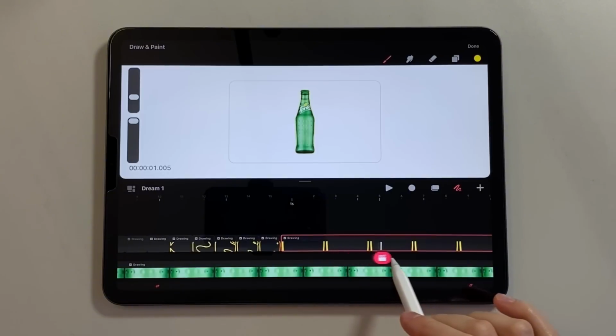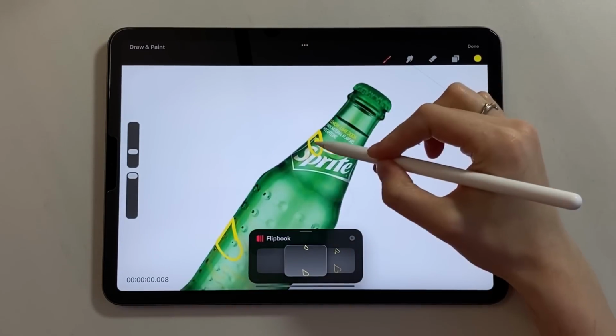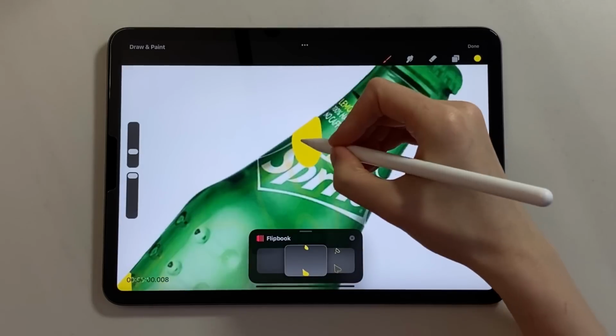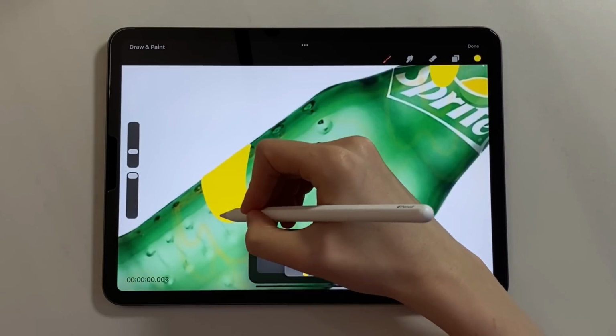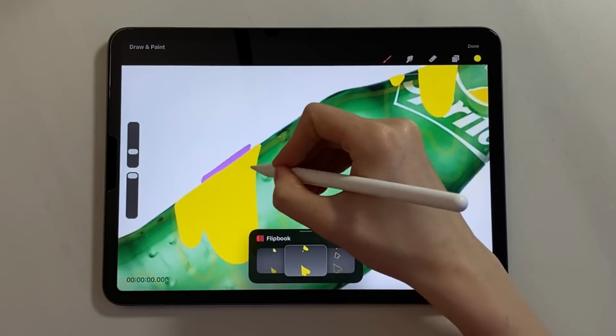Now let's move on to filling the shapes. Just drag the color to the desired shape and repeat this for each frame. At the moment, Procreate Dreams still has a bug with filling. When we fill the shape, you can see a thin transparent outline that remains at the junction of the stroke